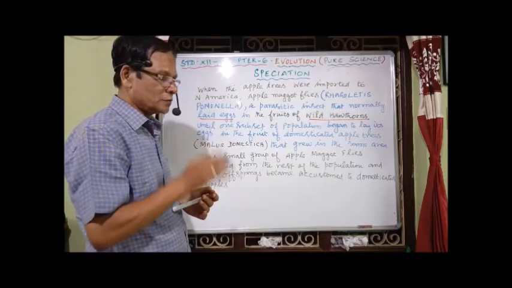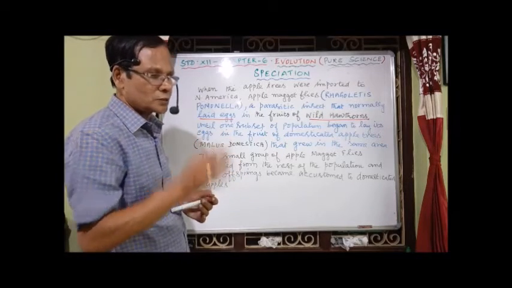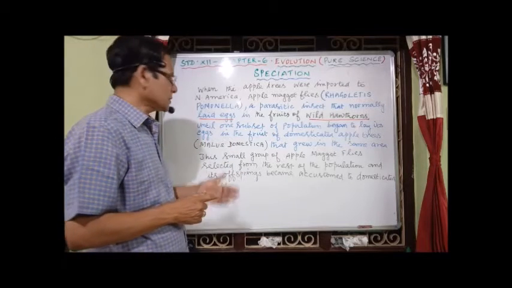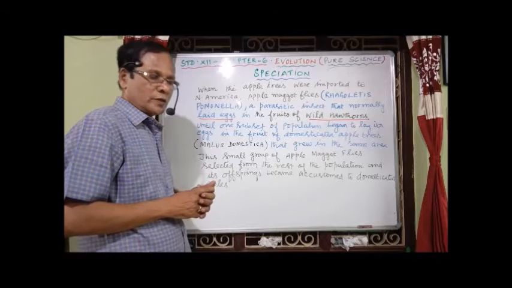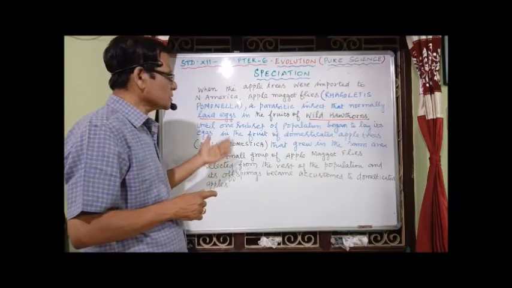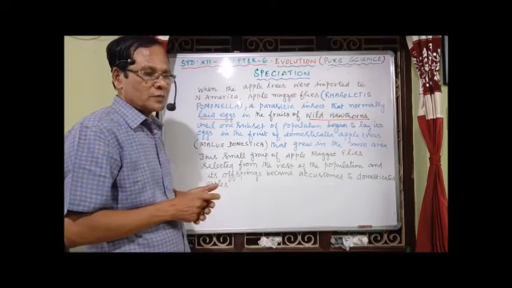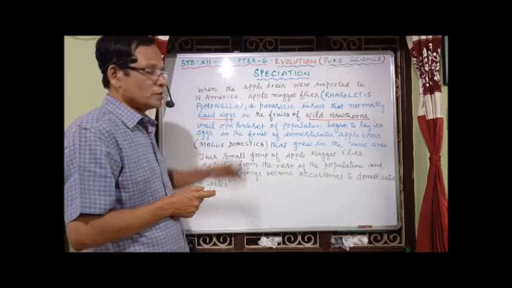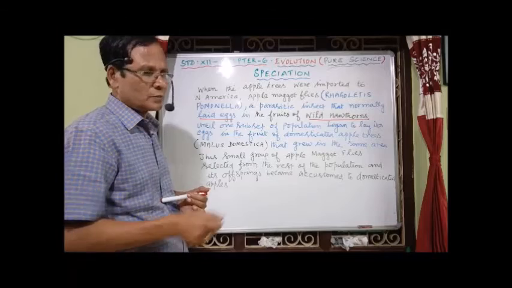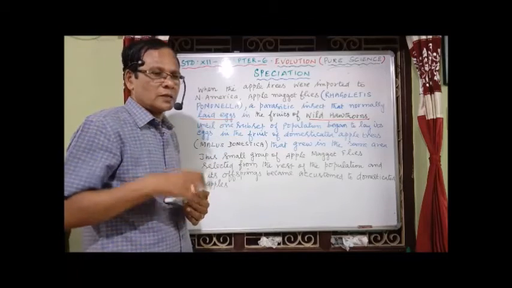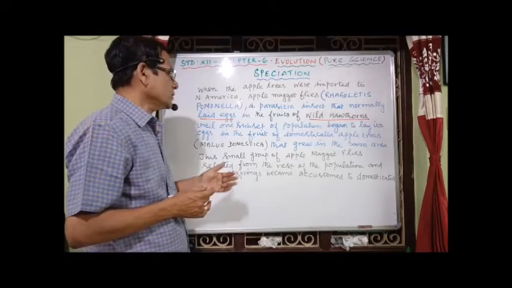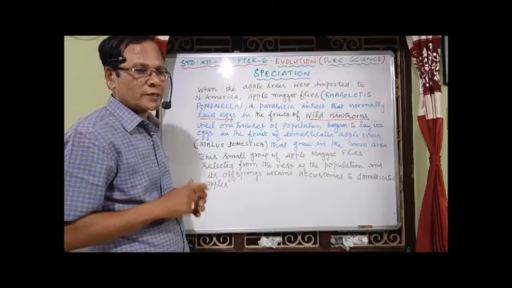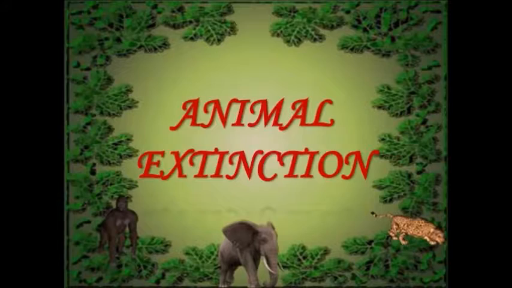One species evolved into another species, a kind of sympatric speciation, present in the same area. So we can also call this sympatric speciation, because they live in the same area and there is no geographic isolation. The same example is given in the book as the best example of sympatric speciation. So with this I conclude the types of speciation. We have to go for extinction, the next topic.